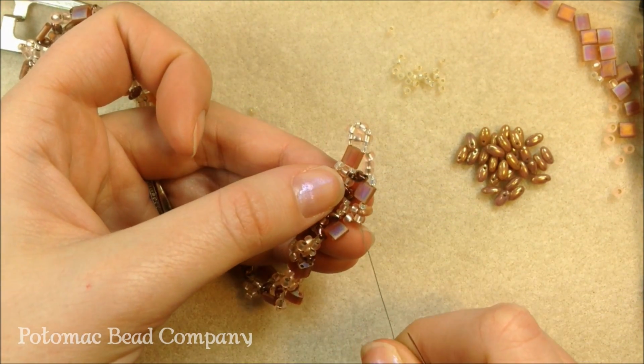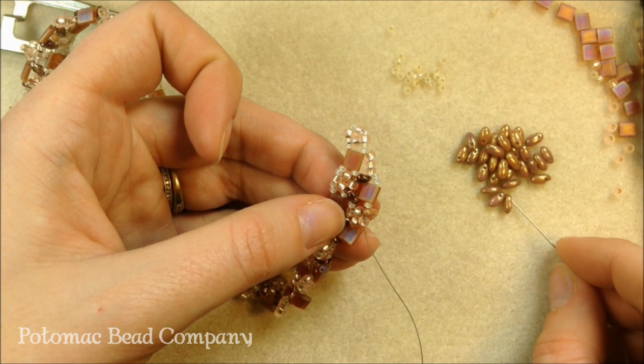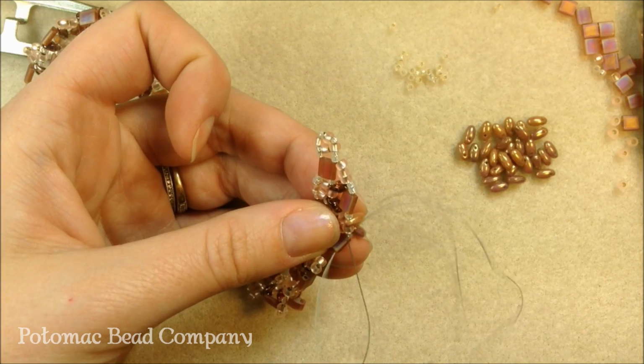And then coming out so that it's going to hang down there. Next I'm doing another bead on, a Rizo on, and an 11 on. So again, the 11s are going to be right next to